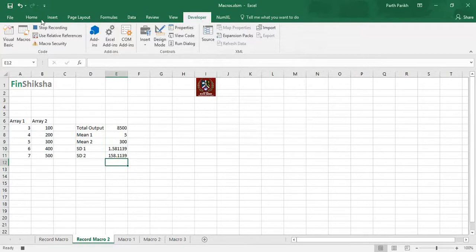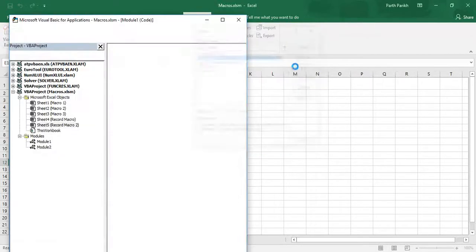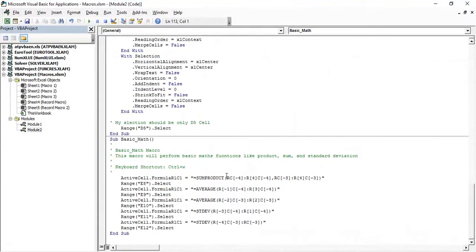Now we will stop the macro and see what exactly Excel has recorded. First, it has provided the macro name, then the description, then the shortcut. It says ActiveCell.FormulaR1C1 is equal to sum product, RC-4, R4C-4, which is RC, RC, RC and R4C. Now what Excel has done is